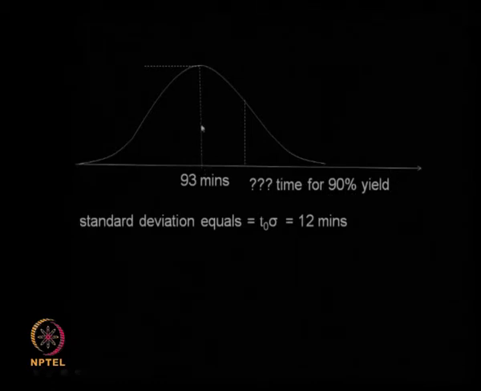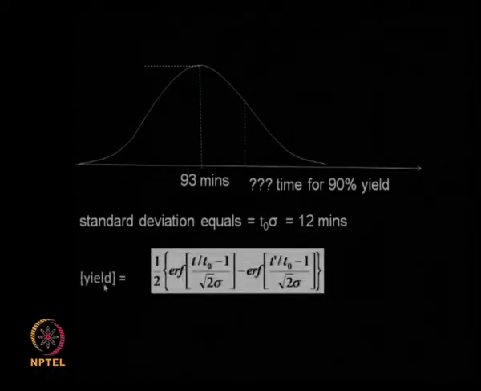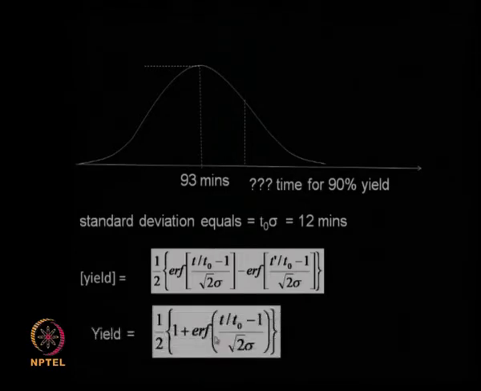So obviously if I am collecting up to the retention time, my yield will be 0.5. So anything above 93 minutes my yield will be above 0.5. Okay. So what equation do I use? This is a general equation for yield, which is half into erf of (T by T naught minus 1) divided by square root of 2 sigma, minus erf of (T dash by T naught minus 1) divided by square root of 2 sigma. But because my yield is going to be more than 50%, I will use the simpler equation, okay,